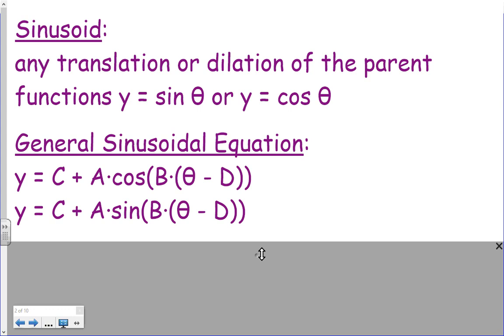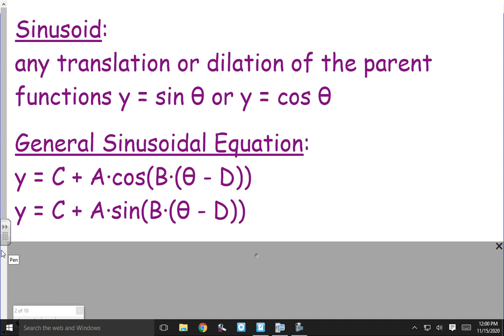So you have y is equal to c plus a times the cosine of the quantity, b times theta minus d. And the other equation, y is equal to c plus a times the sine of the quantity, b times the quantity theta minus d. Again, that should look very similar to a nice little formula that we wrote out in chapter 1. One thing you'll notice that's a little bit different here is the horizontal dilation, that b value. But if we want to compare this with what we saw in chapter 1,